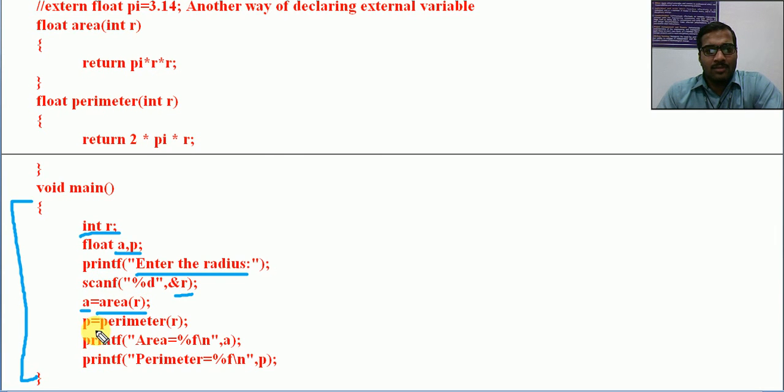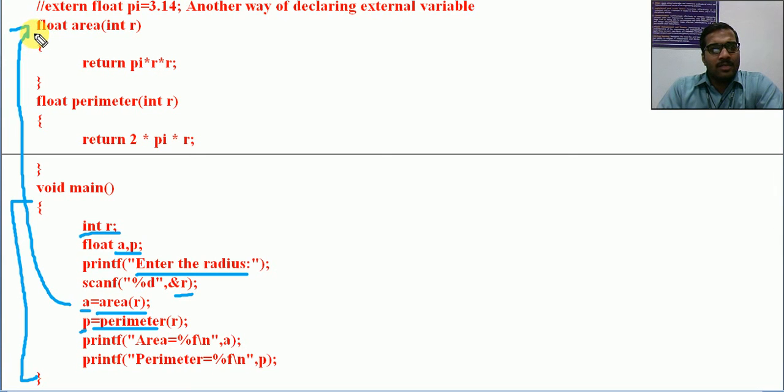Now similarly, let us see this also. P is equal to perimeter of R. For finding the perimeter of a circle, also we are using a function perimeter with the same parameter R itself. It will return a float value P. That is why it is assigned to the float variable P. So this is like a function call that returns some value. Whether it is having return or not is not an issue here, but still just understand this particular program. After scanning radius, A equal to area of R means it will go to this particular function.